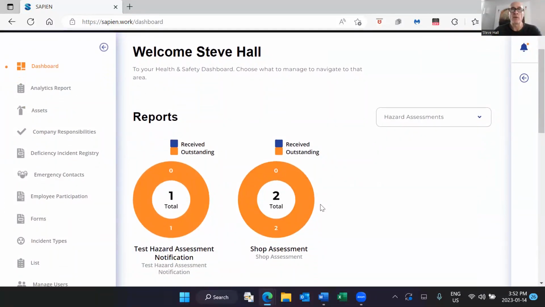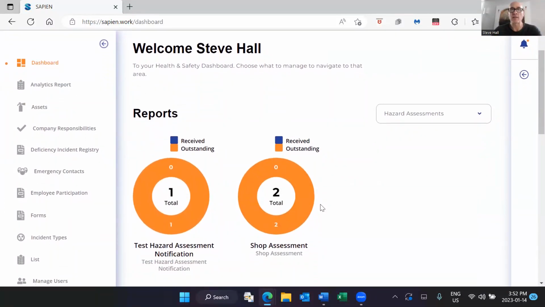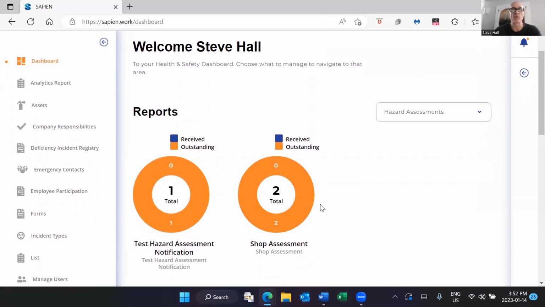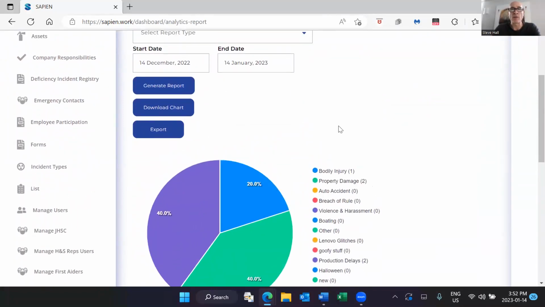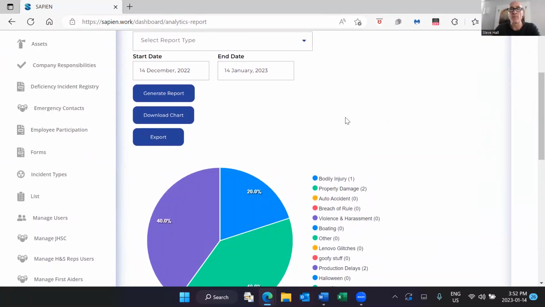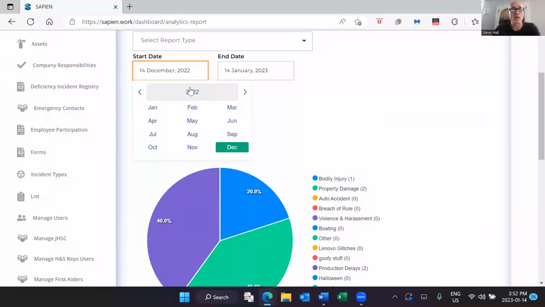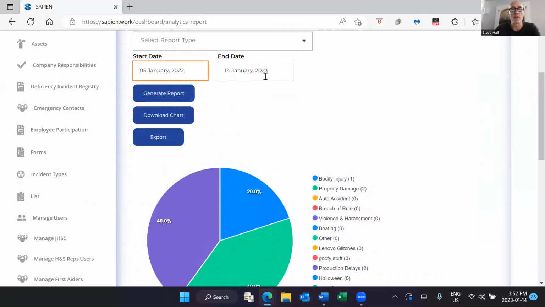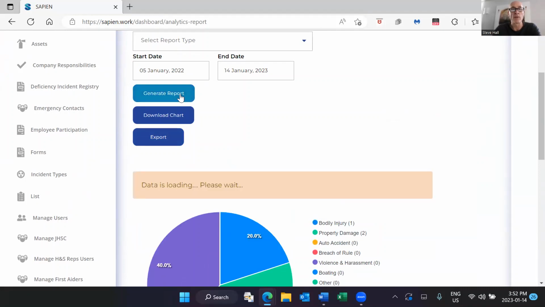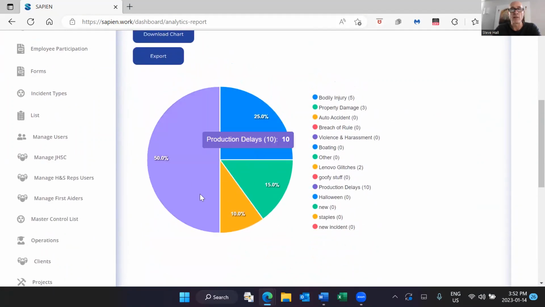And again, if we talk about information share, task management, and form submissions, the information starts here with the analytics report. So you can click on that one and get any analytics about what's going on with the company. So anything that you've decided to measure and build will show up here. So if we do, let's take a look at all of the last year. So if I go from January 2022 to January 2023, generate the report, there's a list of everything that's gone,